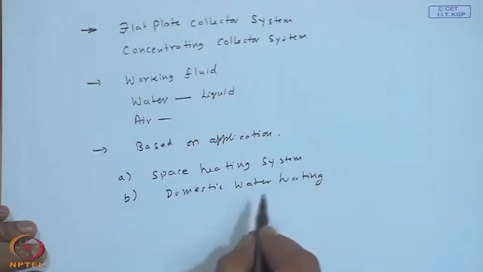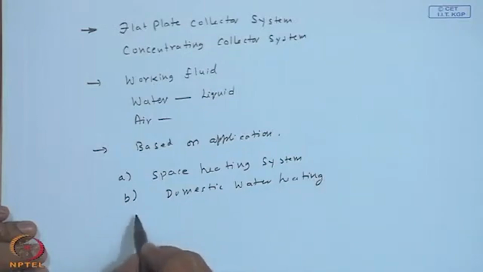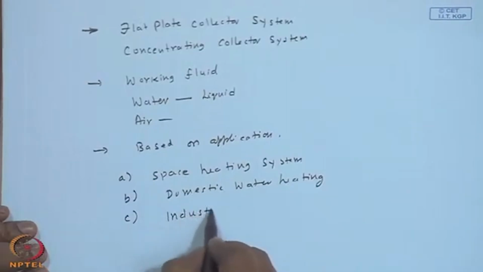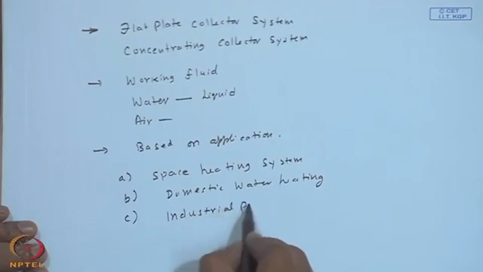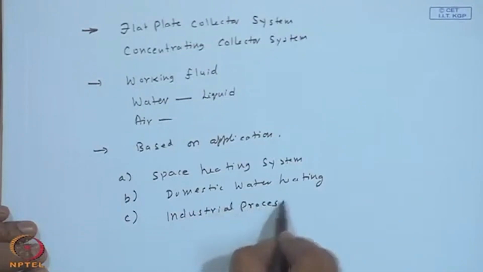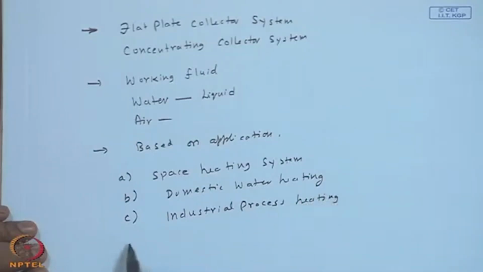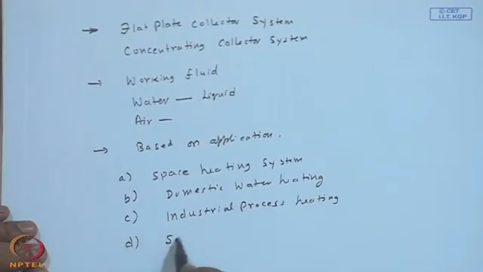I shall make a comment about the terminology a bit later after I finish these names. Industrial process heat, and then you may call it a solar drying system,